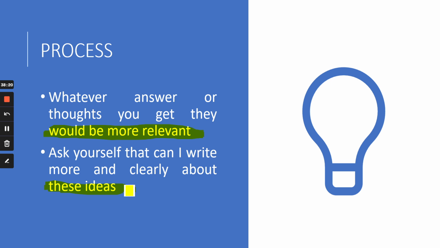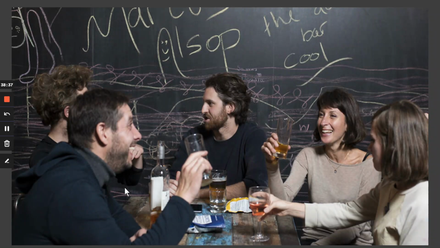So whatever answer or thoughts you got when you imagined your friend asking you this question, ask on those answers and thoughts where you can write more and clearly. Those will be your ideas which will work well for you. So this is how imagination looks, right? You're sitting with your friend, you're having good beer and good munching. You can say munching over there, chakna. And suddenly your friend asks, what do you think? And she gives the answer. Whatever answer she gave, those are the ideas for this person. That's all.